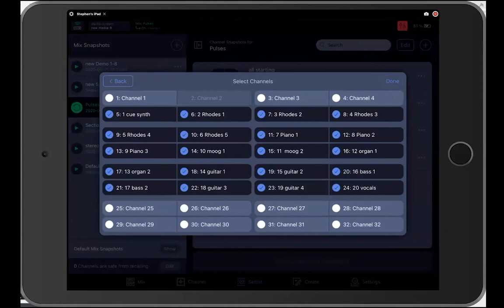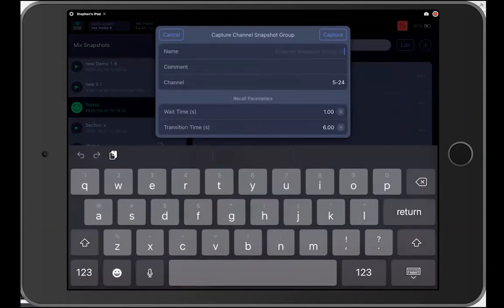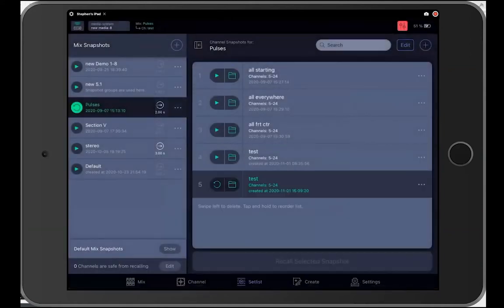And now I'm done. And let's say I wanted to do a transition time of 6 seconds. That's great. A wait time of 1 second. And I'm just going to call this test. So now what I've done is I have created a snapshot that sets the mix as I've just set it